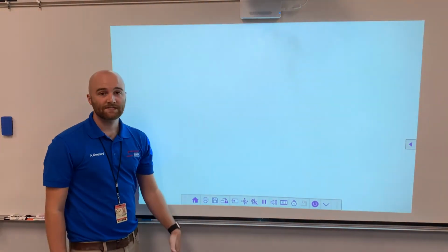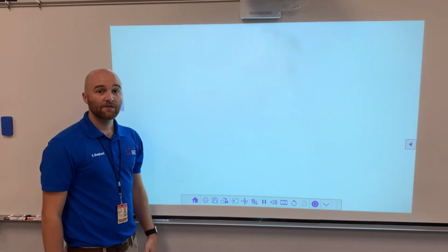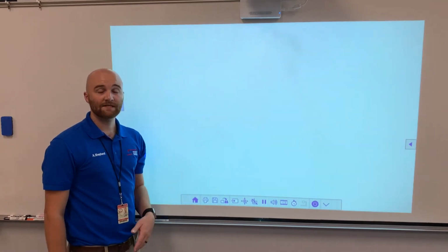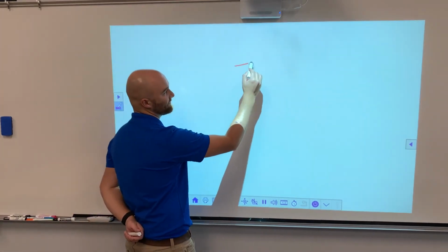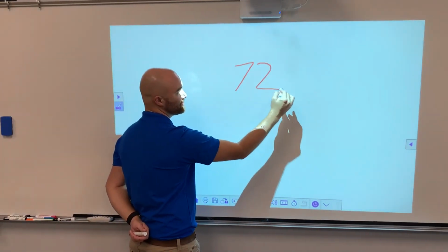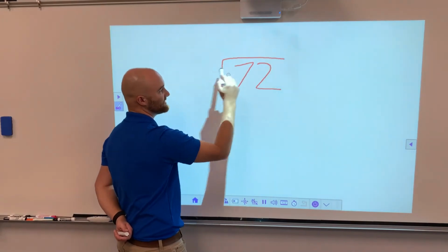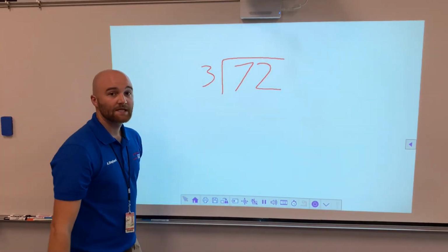So here are 2 mistakes that people make when they're dividing. The first mistake, and one of the most common, is that people will double stack. What I mean by that is if I have the number 72 and I'm dividing 72 by 3, sometimes people